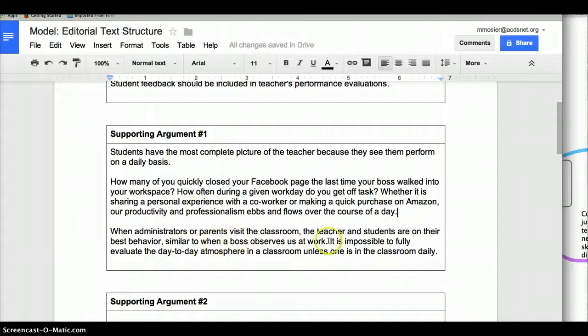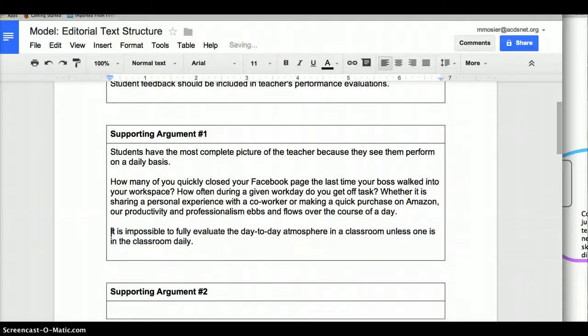And then I could probably cut out this and maybe use a transition phrase that would show movement from a professional work setting to the classroom, which is also a professional work setting, and say,